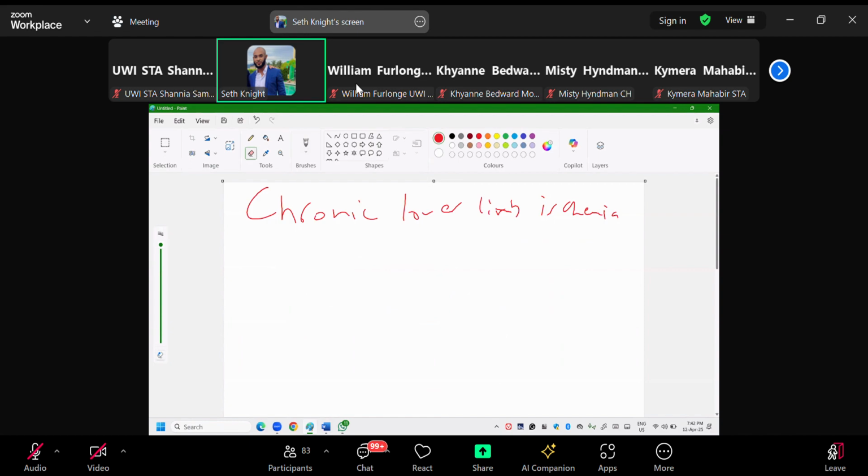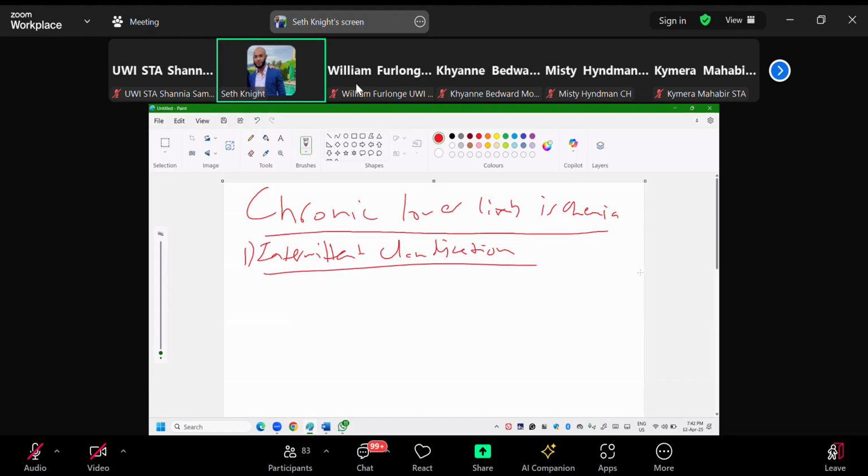Nice. And to finish off chronic lower limb ischemia now, we just have to talk about how we'll treat it. Okay? So we said for chronic lower limb ischemia, there are two categories. The first is our lifestyle limiting, which is intermittent claudication. Of course, this is lifestyle limiting, but it does not require surgery. What this requires is lifestyle modification